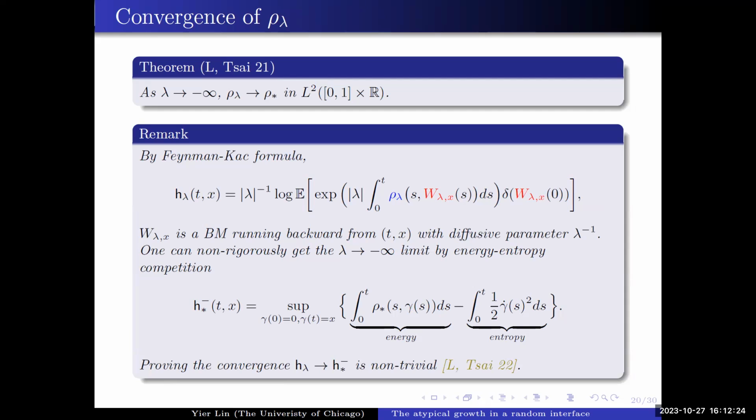And this computation is standard. It's the general philosophy of an energy-entropy computation, actually also the content of Varadhan's lemma. We have some Brownian motion evolving in the potential, and I want to understand how this expectation behaves, in particular when lambda goes to minus infinity. This Brownian motion will stay around some shape. It will stay around some trajectory given by gamma, okay?